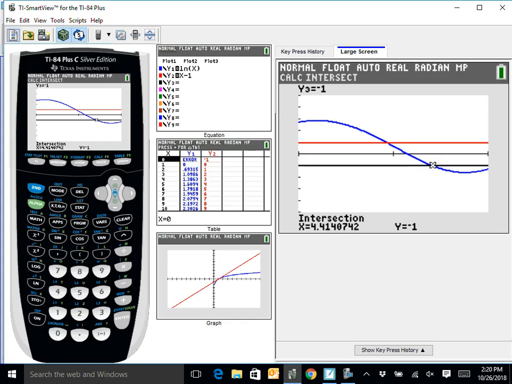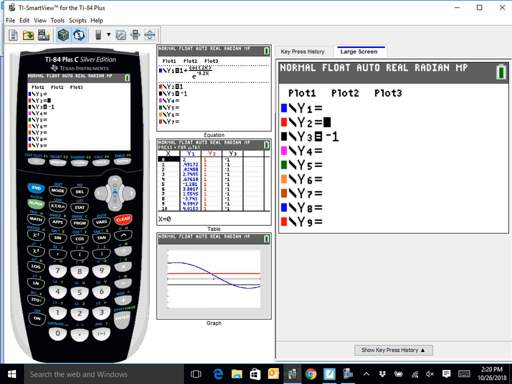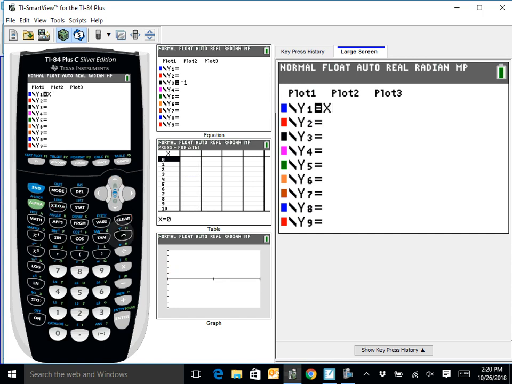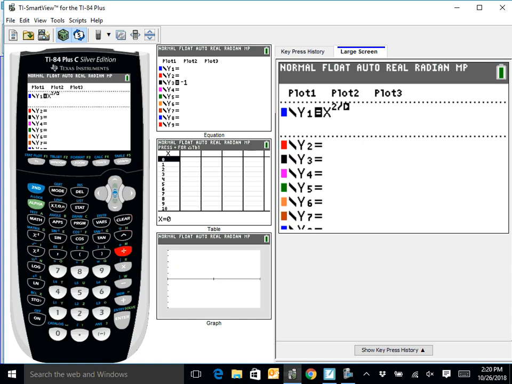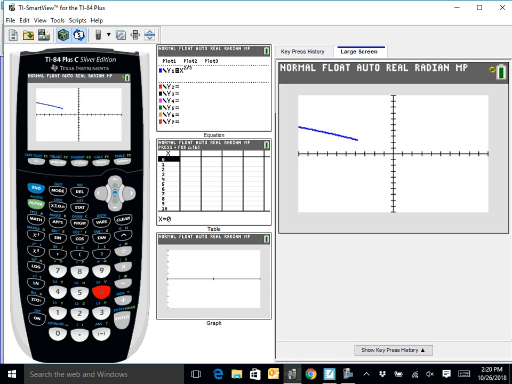I'm going to clear all the other junk out of here and graph x to the 2/3. I'm going to hit zoom 6 to get a nice standard look. So this is what this graph looks like. Now it looks pretty smooth. This graph is definitely connected here. But it's kind of hard to tell what's happening right at 0. Again, this graph looks differentiable everywhere. The point I'm a little concerned with is around 0.